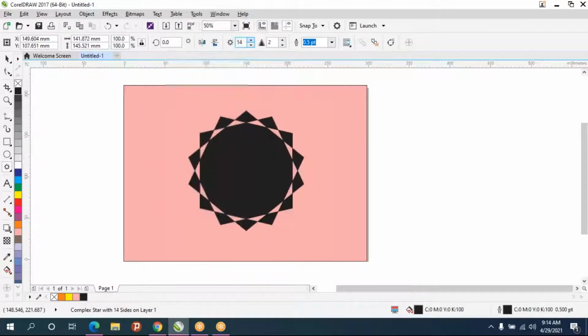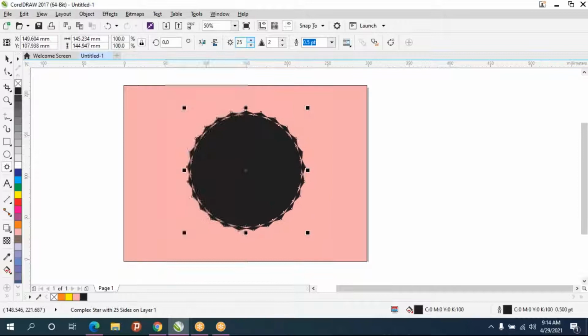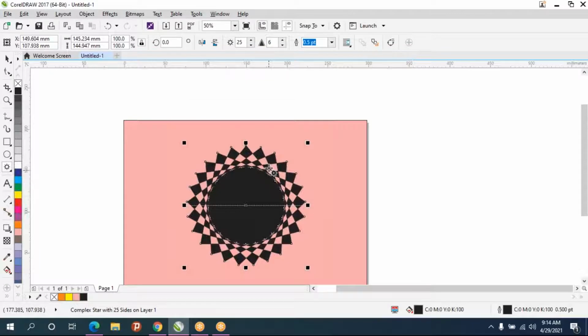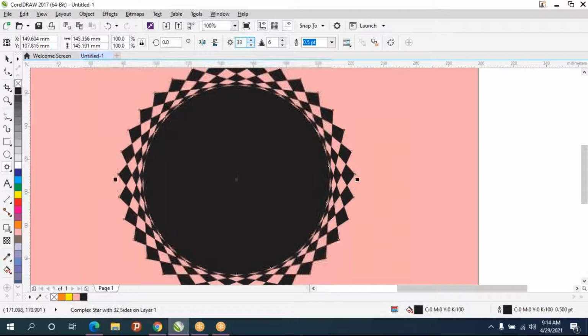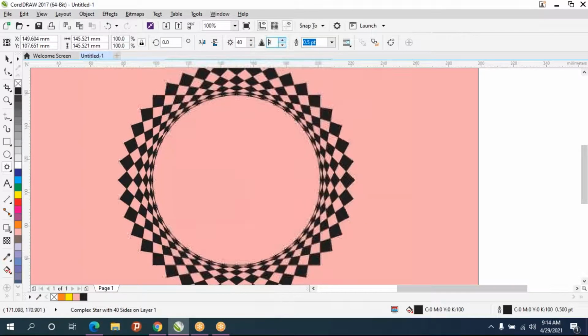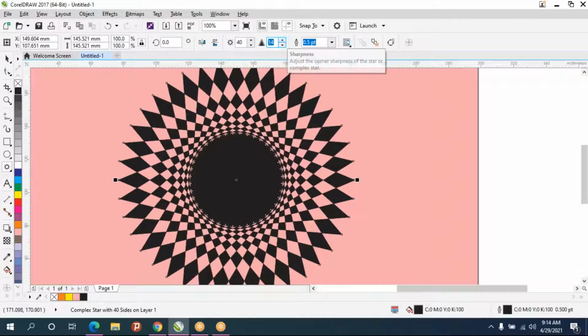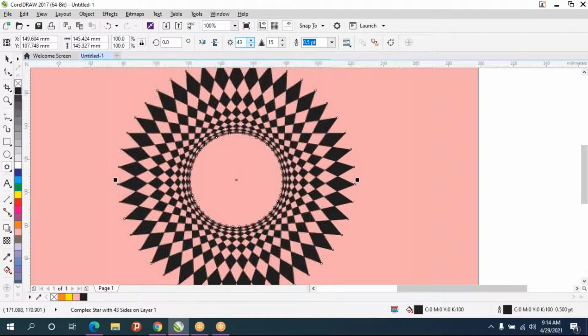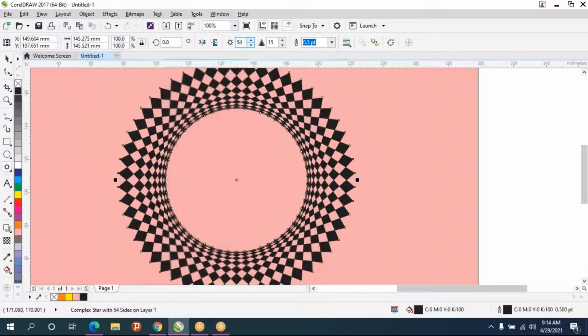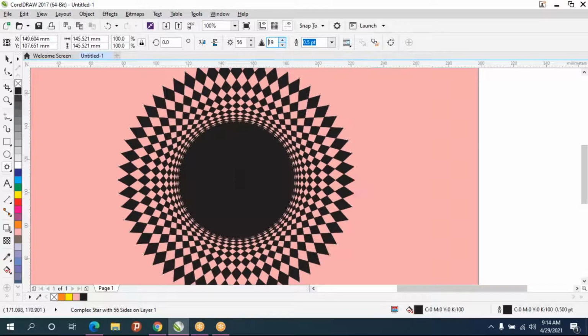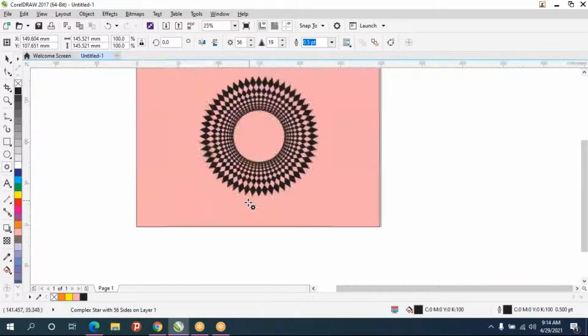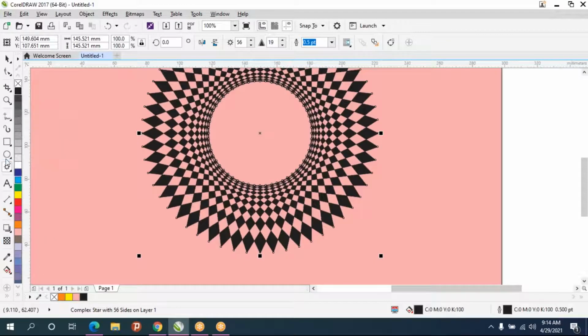And now you can increase the sides, and again you increase the inset depth. Again increase the sides. Again increase the depth. And I'll give outline color for this.